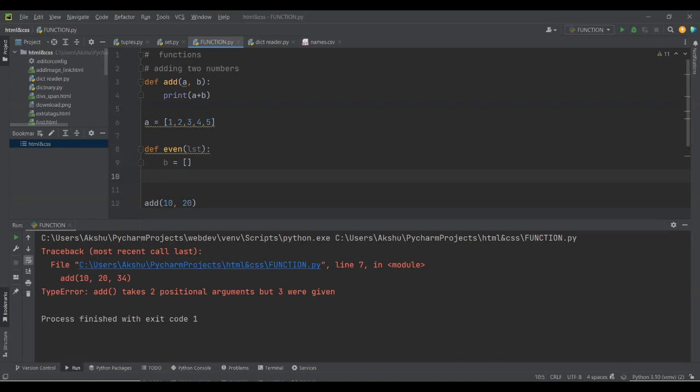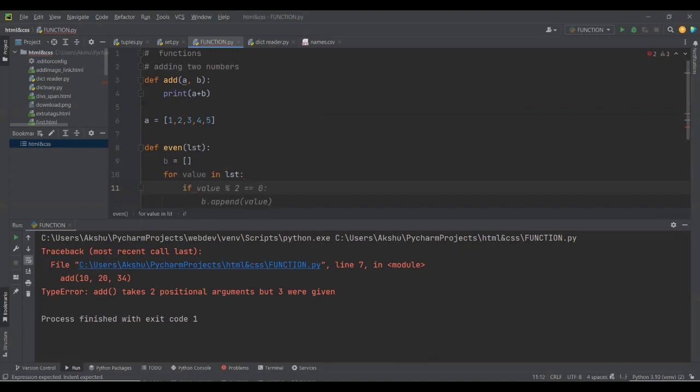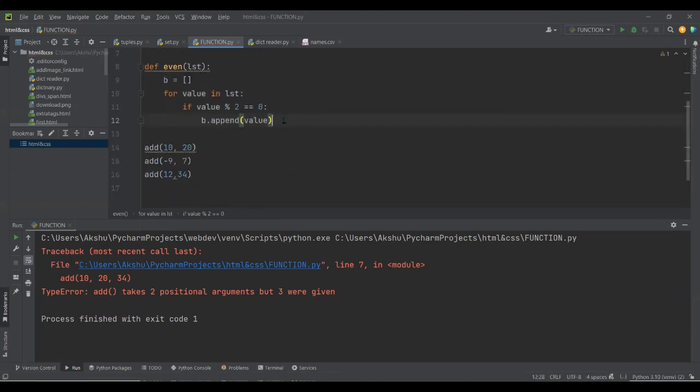After that, I'm going to use a loop and say for value in lst. Now I'll write if value mod 2 is equal to 0, then b dot append value. Now after all the iterations are complete,